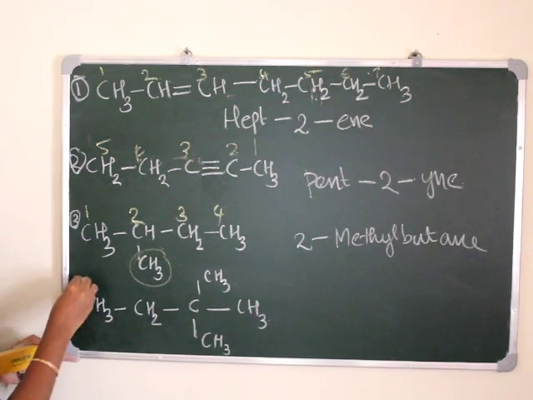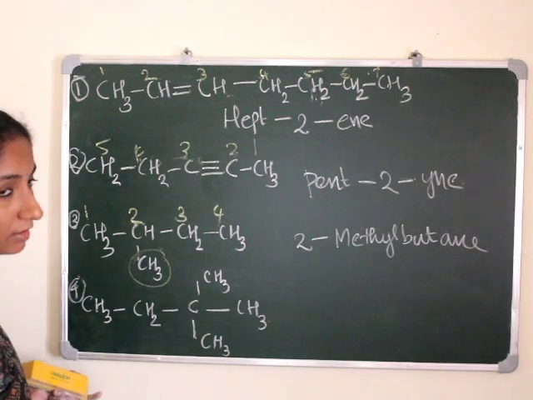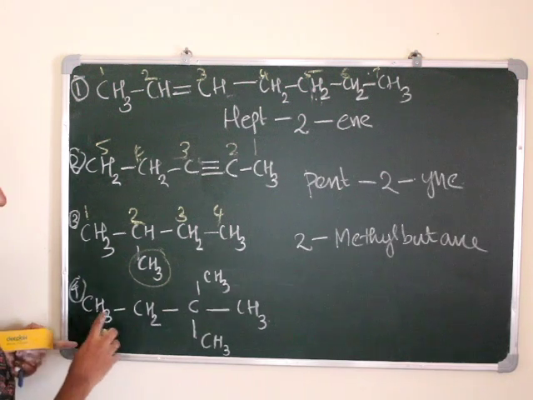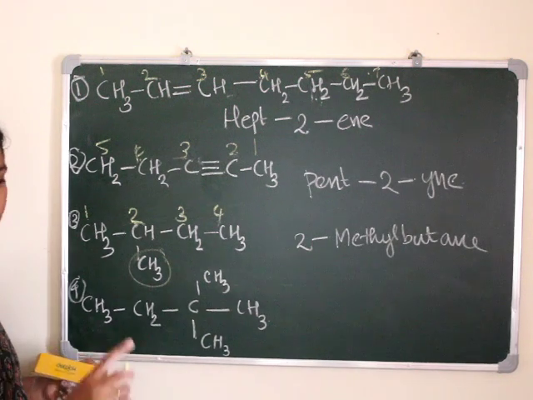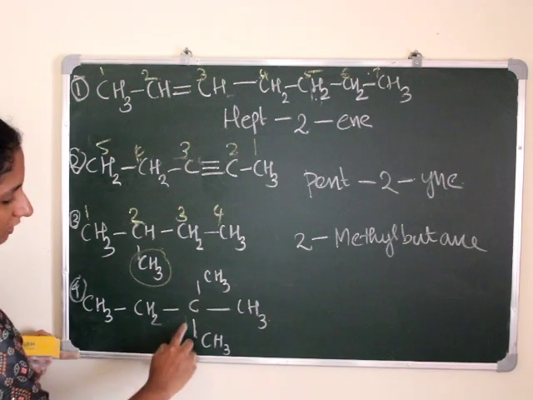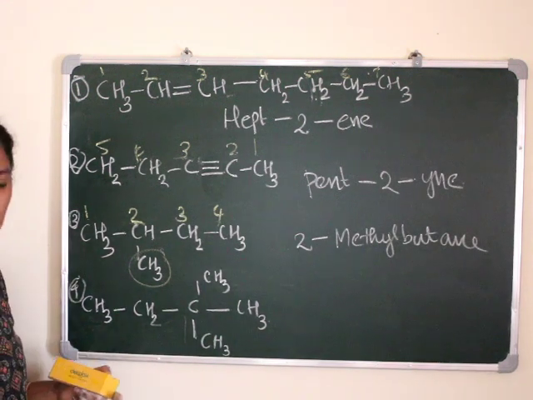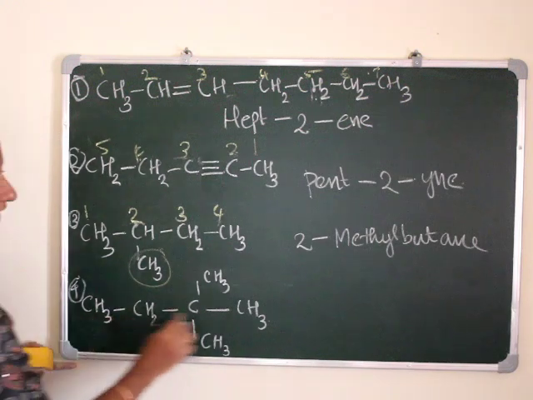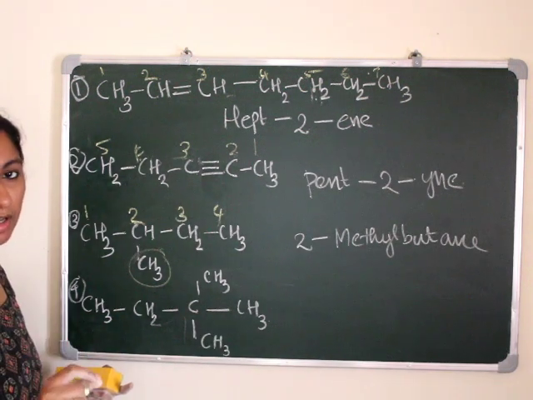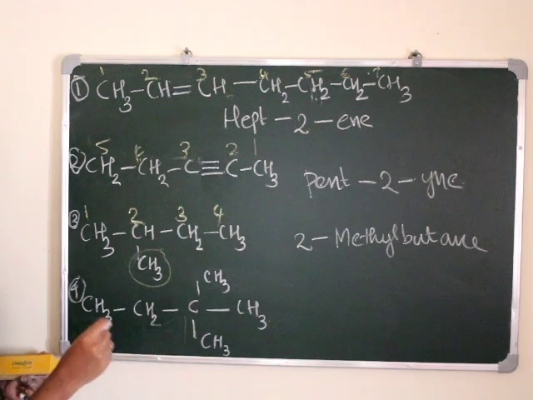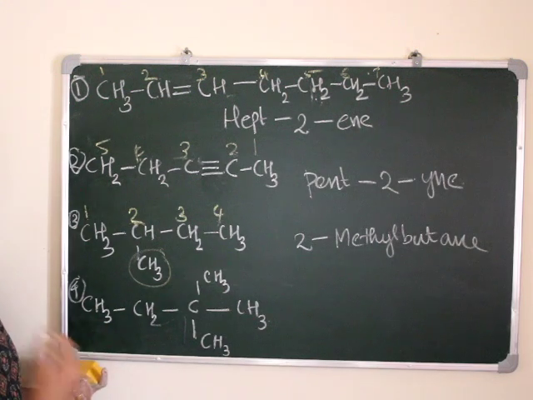Okay. And in case of fourth one, how can we give the numbering? How can we choose the long chain having hydrocarbon? When we are taking like this, we are having 2 branches at the same position, right? When we are taking like this one also, we are having 2 branches at the same carbon atom, and there is no difference in the long chain. So we can choose this one as the long chain, and we want to get lesser number for this branch having carbon atom, right? So how can we choose the numbering method? We want to select whether it can be from left to right or right to left side.